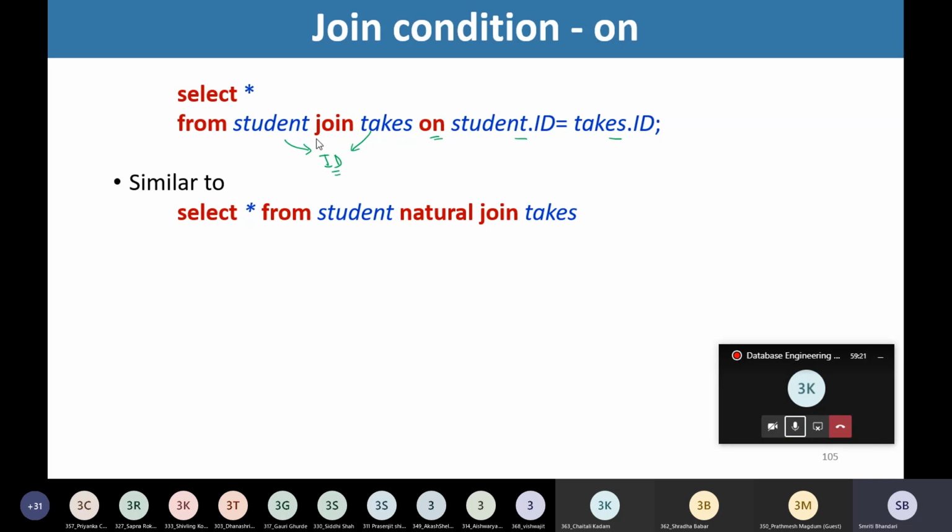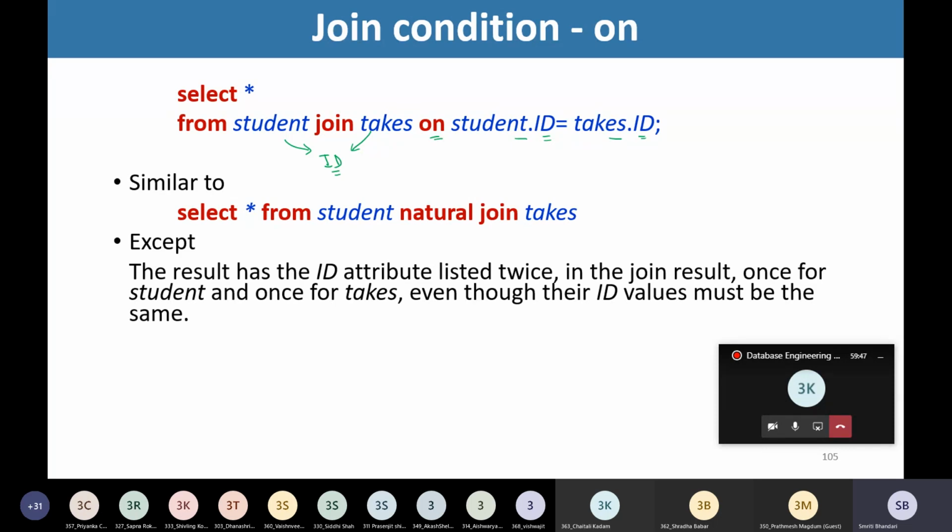So see here, we are making use of join and we are having this on condition where actually we are providing a predicate, and that predicate is to match the common attributes from the respective relations.